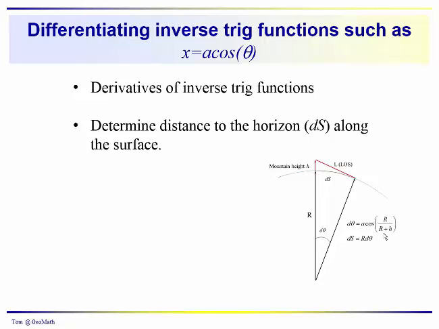And that brought us into the differentiation of inverse trigonometric relationships, which we're going to talk a little bit about. And then we're going to solve this problem about how the distance to the horizon changes with a change in